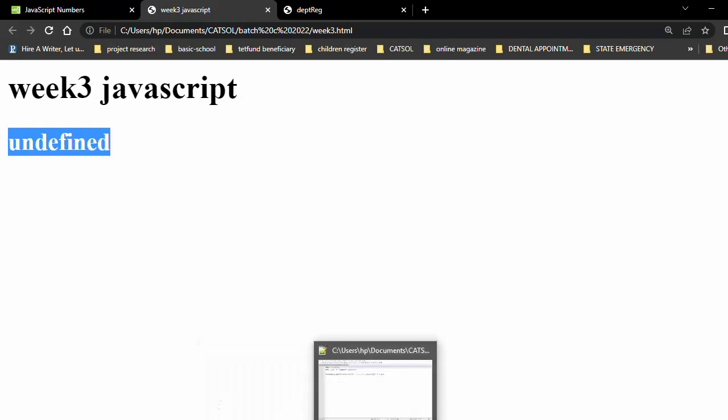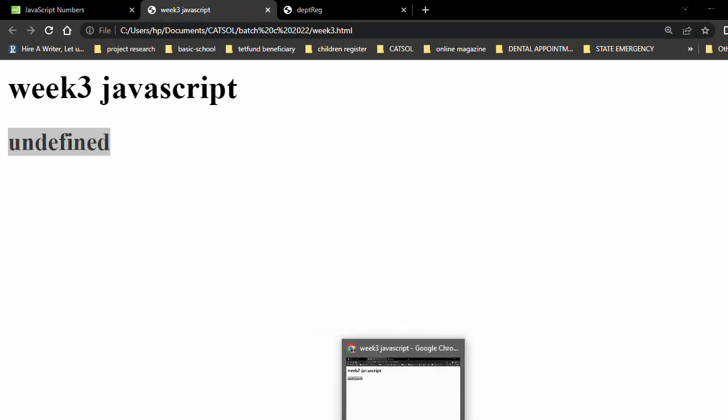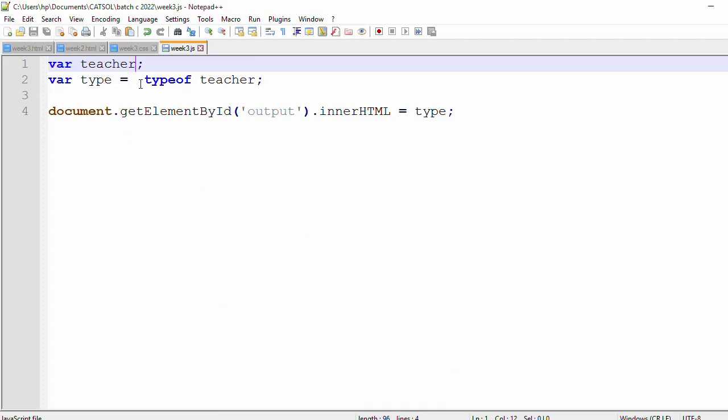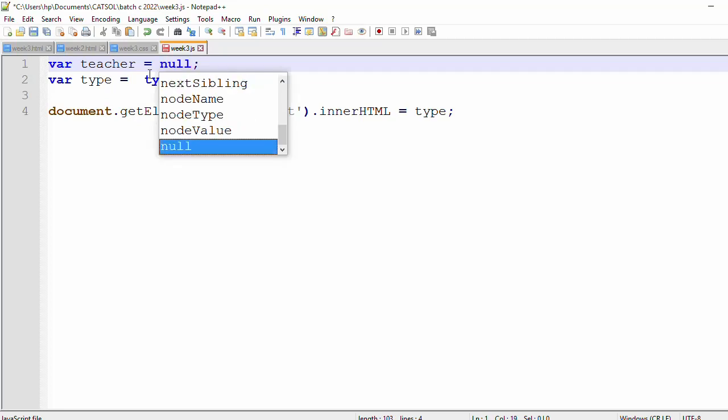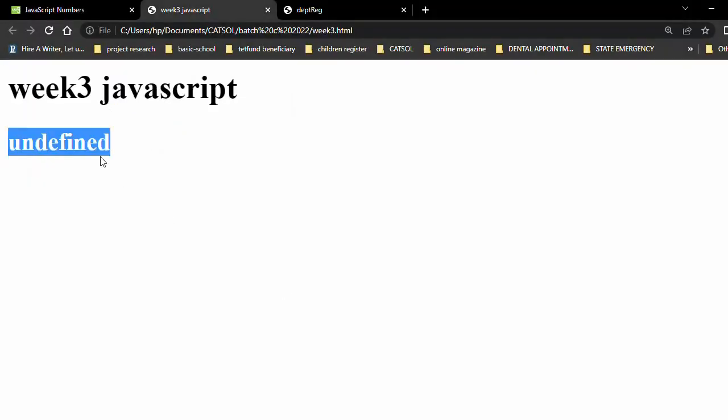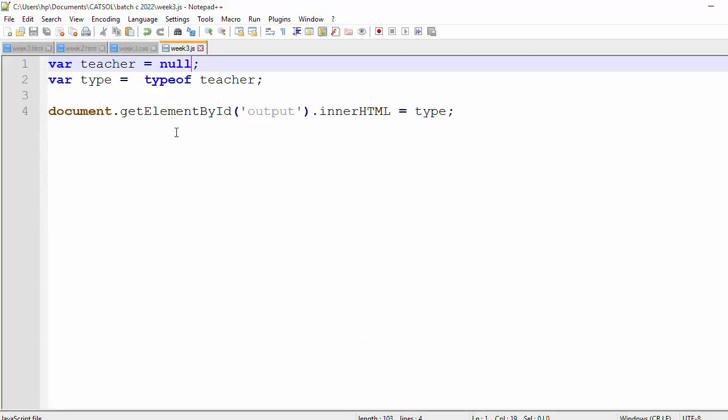Now apart from that, if you also see maybe teacher is equals to null, right? You save this here and refresh this page. You see that null is an object there. Okay, so apart from that, you can also set it to be a string but doesn't have anything inside, like that. So if you save this file now,